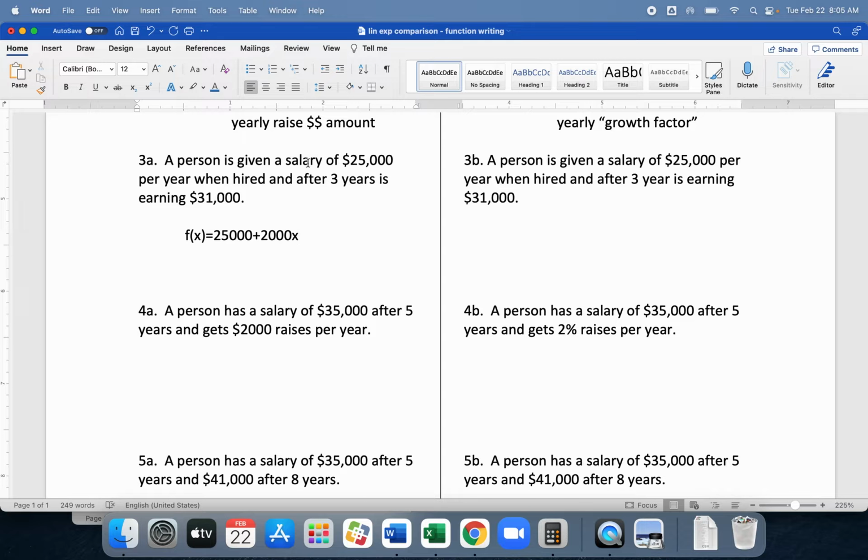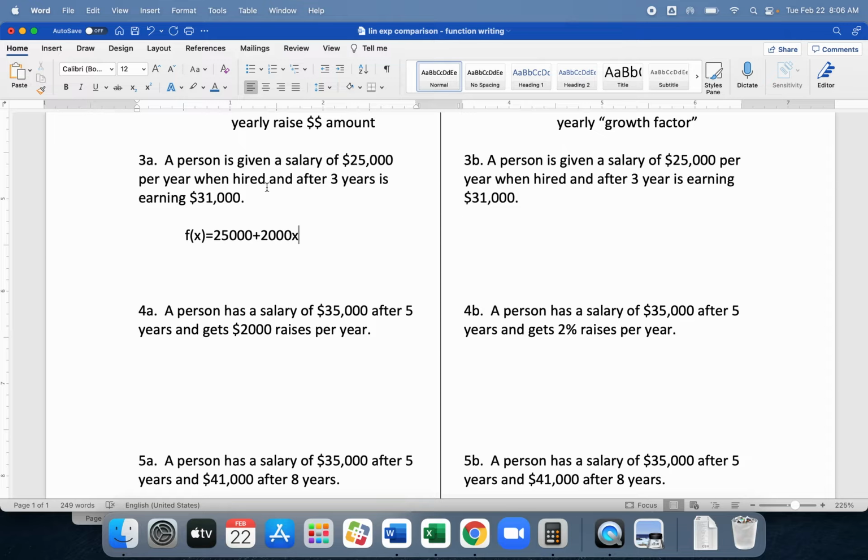Right. Like y2 minus y1 over x2 minus x1. Only x1 is 0. It's a starting salary of 25,000 and 3-year salary of 31,000. So it's kind of like we have a chart with two numbers in it, 0, 25,000, 3, 31,000. If you want to know the raise per year, total raise divided by 3. Since we added on something 3 times, we had to have added on 2,000 3 times in order to get from 25 to 31,000. So again, we did division